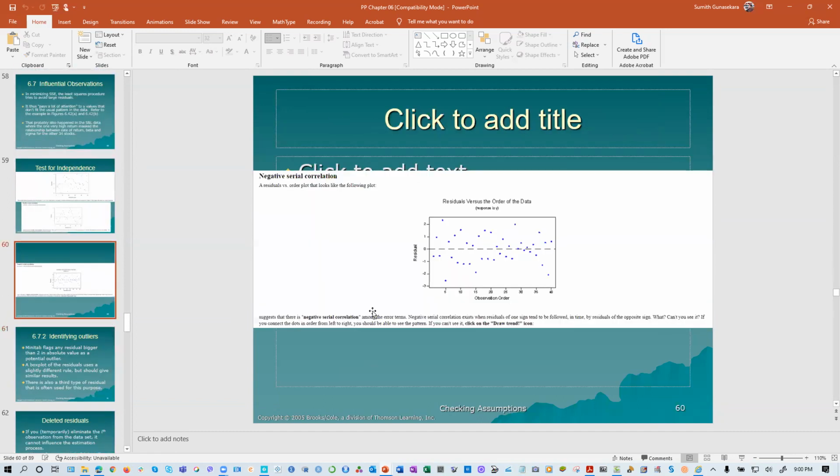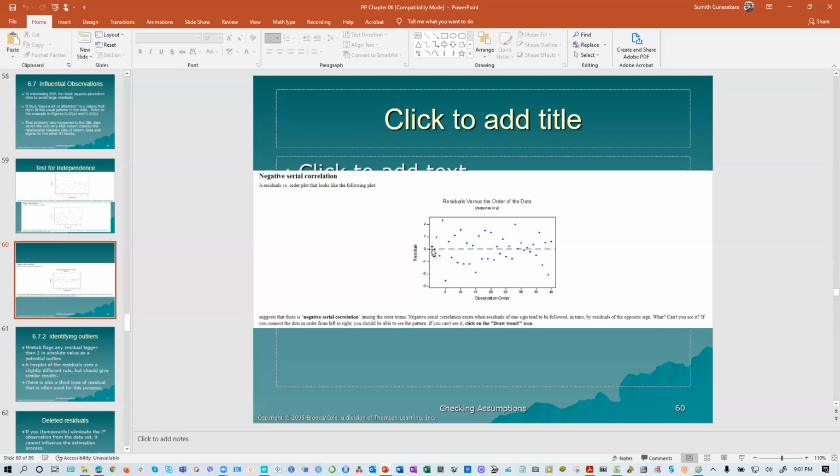Okay, let's go to the negative one. Here it's this one. This suggests negative serial correlation among the error terms. Negative serial correlation exists when a residual of one sign tends to be followed in time by a residual of the opposite sign. What that means, look at the first one: the first residual is below the average, the second one above the average, below the average, above the average, and so on, alternating. If they follow like that, negative serial correlation exists when the residual of one sign